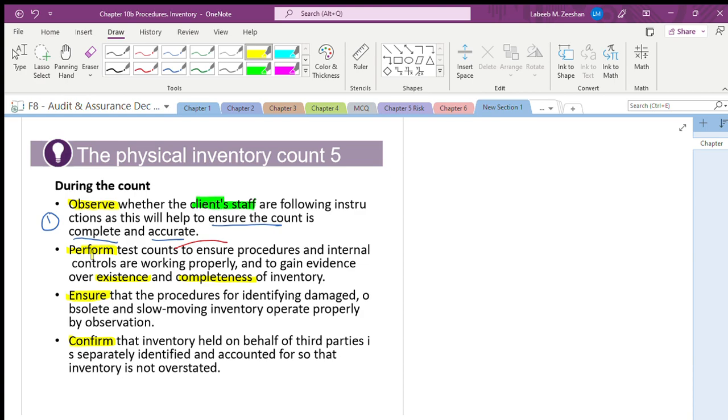Third one: now, here they have not mentioned it, but maybe in the subsequent points they will. You have to identify the obsolete and slow moving inventory. Is it outdated inventory? Outdated inventory, definitely. Slow moving inventory. Because when we are talking about inventory, the amount